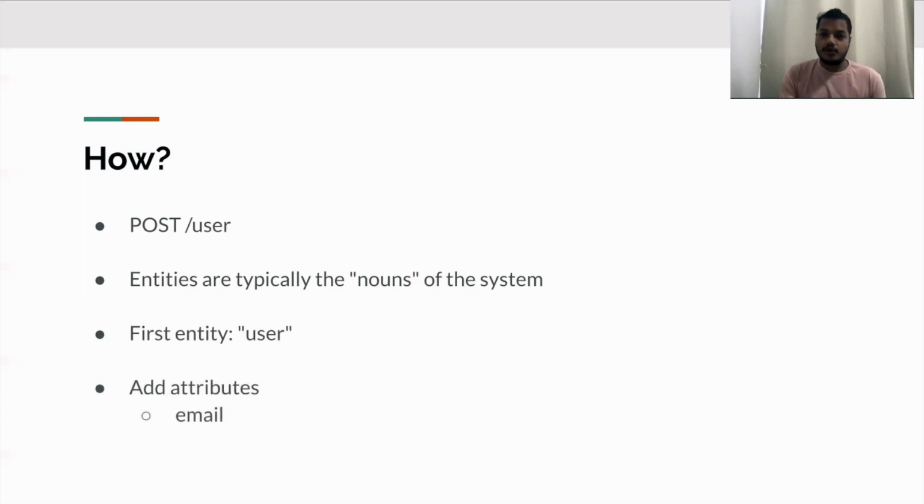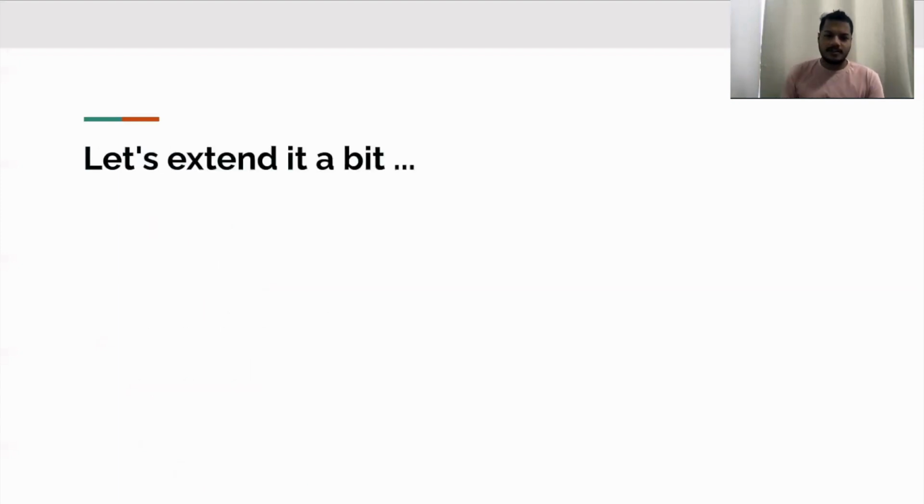So obviously the user, when they register themselves, will add more information. Like let's say you go and register to a platform like Facebook, Twitter, or Instagram. While registering yourself, you add your attributes, and these attributes can be your email, your name, and your phone number, right? But the important part here is what is the parent entity of all these attributes, and that is the user entity.